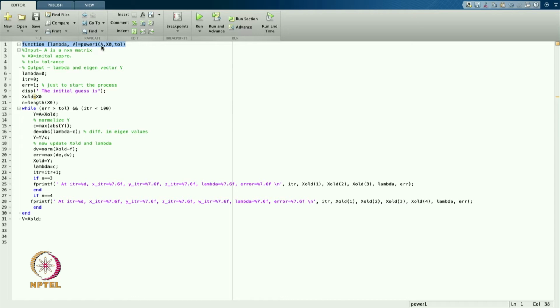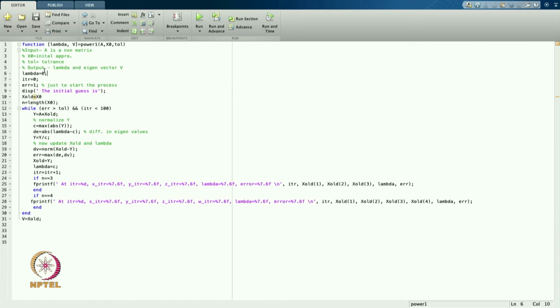If I look at the arguments of this function, I pass the matrix A, x naught is the initial solution or initial eigenvector, and the tolerance. From this function I will get the value of lambda, the dominant eigenvalue, and V is the corresponding dominant eigenvector. I have written here the meaning of these input values and the output values.